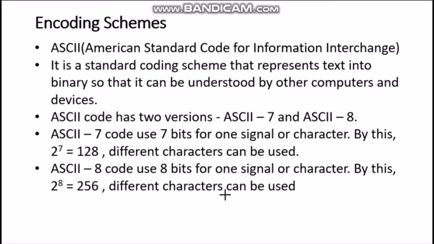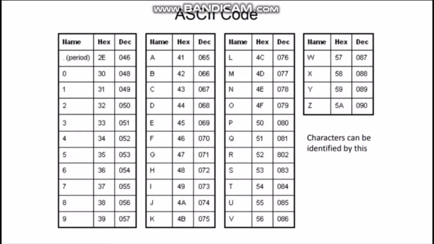So what was the limitation? The limitation was, in ASCII 7 there were only 128 different combinations. In ASCII 8 it increased up to 256 because there were only 8 bits. So with 8 bits, how many permutation combinations can you have to represent characters? You can have 2 raised to power 8, that is 256 permutation combinations only, right? So this coding scheme was used very popularly in earlier days. Now also in some applications it is being used.